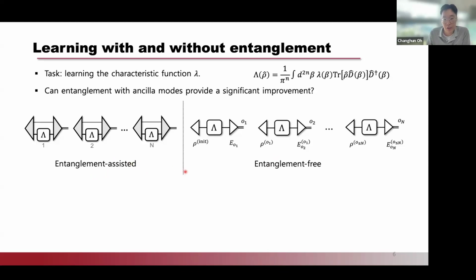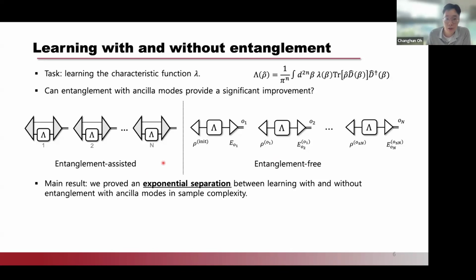So we're going to consider these two different types of schemes to see if entanglement actually helps to enhance the sample complexity of learning the channel. Okay, and the main result is to prove an exponential separation between the learning with and without entanglement with ancillary modes in sample complexity. And more like roughly speaking, we're going to consider estimating lambda beta with arbitrary beta within